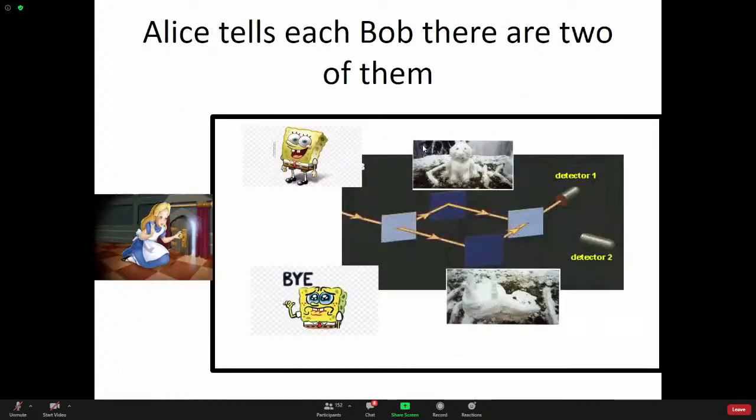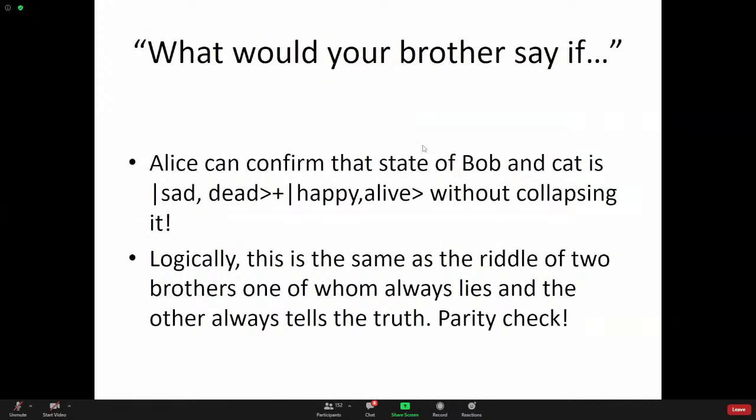And so here is my kind of artist's impression of Alice telling Bob through this laboratory door, without getting entangled herself to either of these two outcomes, telling Bob what the state of affairs really is. And now, interestingly enough, like I said, this is a parity check operation. Quantum mechanically, the whole experiment, as far as the logic of the experiment is concerned, could really be done with